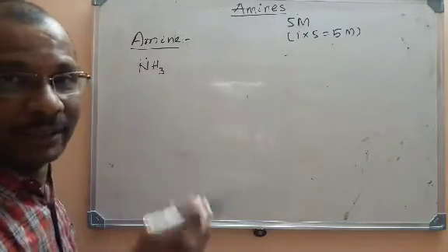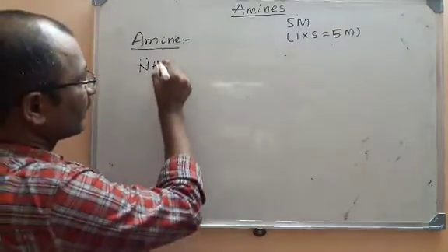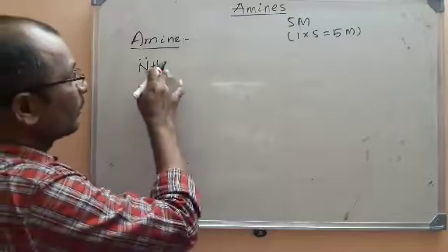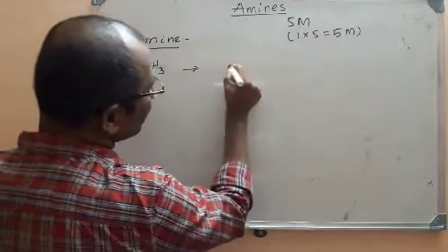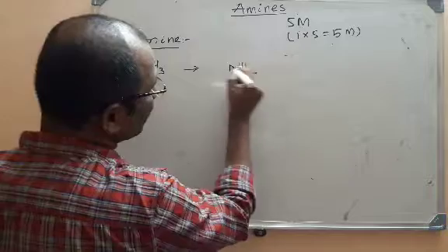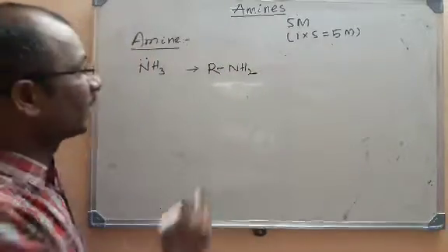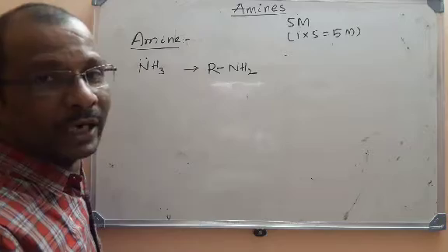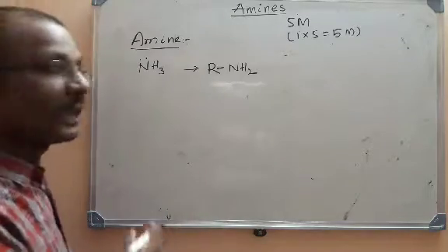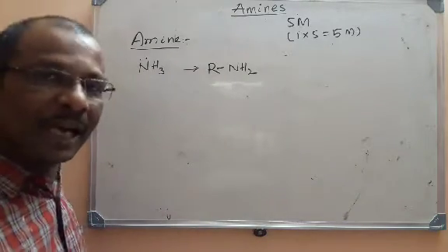So once again I will say the definition. First let us take ammonia. Now remove one hydrogen from it, so that what we will get is NH2. Now the same is replaced with an alkyl group. I have removed one hydrogen and replaced with an alkyl group. So the product formed is known as an amine. Likewise, you can remove two hydrogens of ammonia and those can be replaced with two alkyl groups or aryl groups.